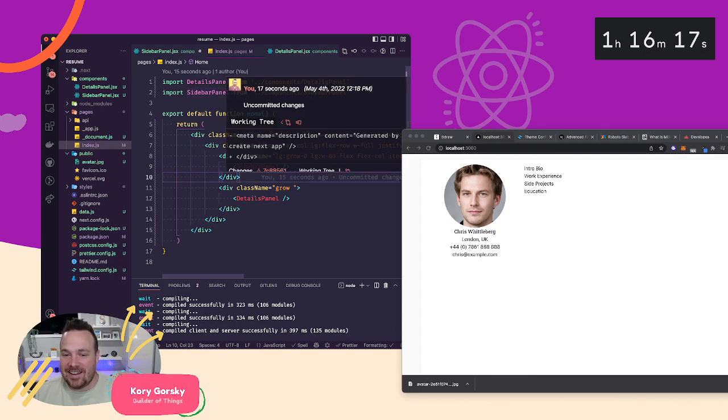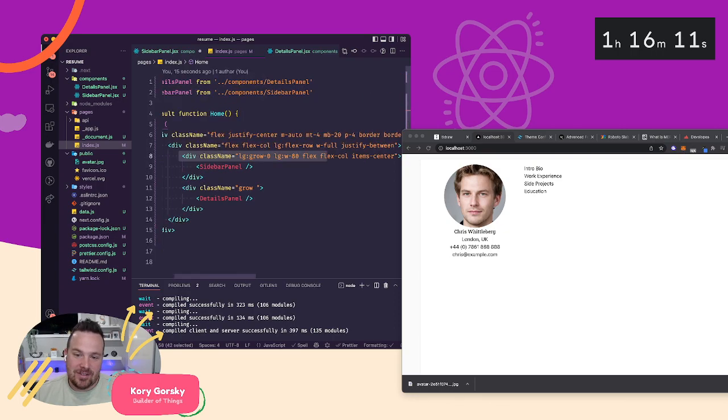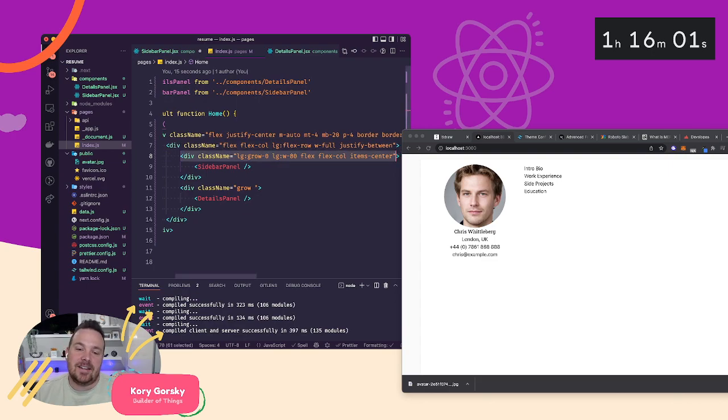Because we have our flex column stuff on this outer panel here, I can't really just put it in. So I have a couple options. I can either bring the flex column functionality right into this, which I'm tempted to do, or I can bring this whole container in, or I can add my font on here. I don't want to do any of those things. Sorry, that's not true. I want to do the one where I said I was going to pull this out. And essentially in the sidebar panel,